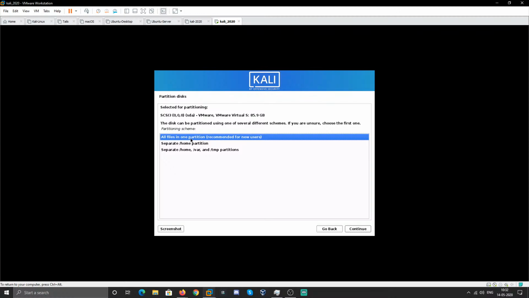But if you want to separate the home partition, and you want to separate home, var and temp partitions, you can do it too, but keeping it in different partitions makes it a bit tough. And in Kali, I mostly like doing all in one. So the first option is best suited for me and I don't have any sort of problem with that. But in the case of other distributions, you will find that home, var and temp are in different locations, in different partitions. So for now, go for all in one